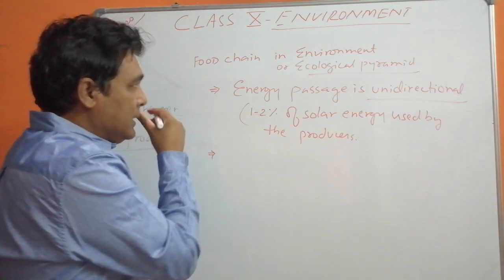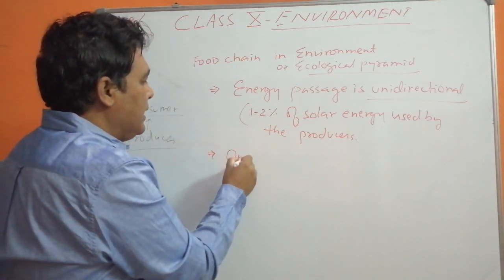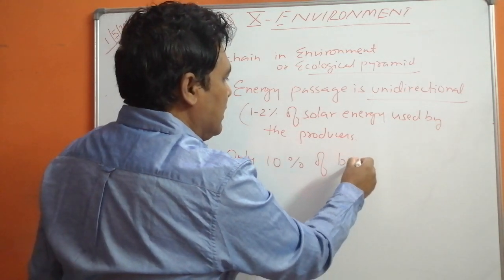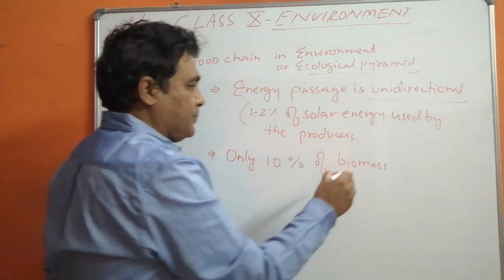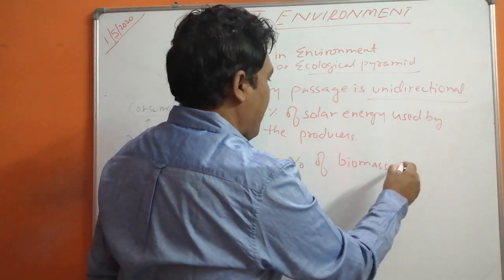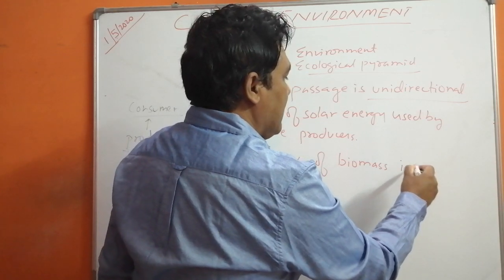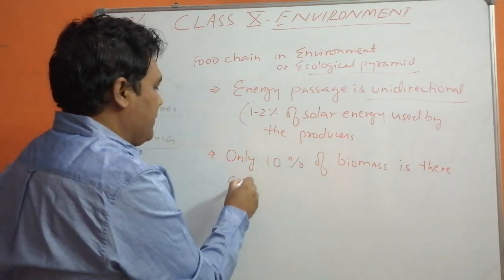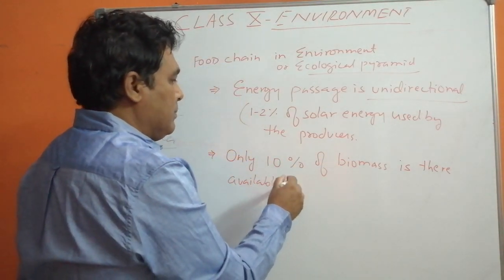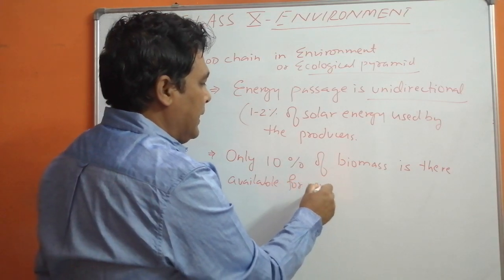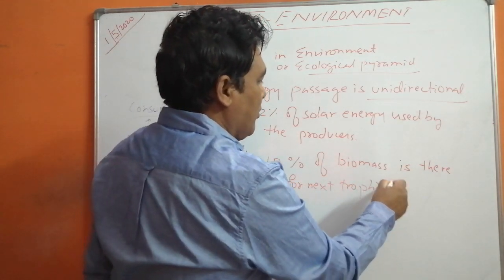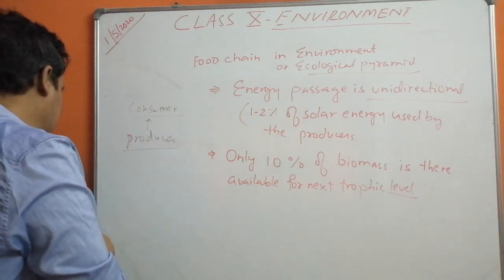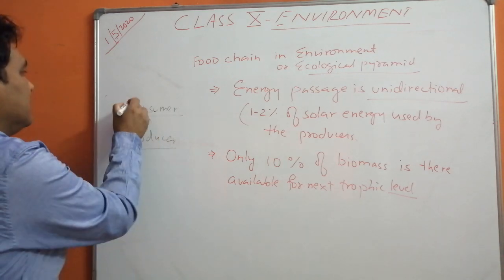Second part is that only 10% of biomass is available for the next trophic level. It means that from the producer to the consumer,